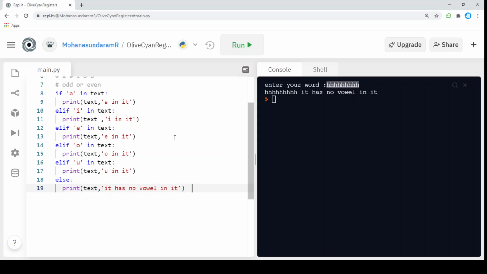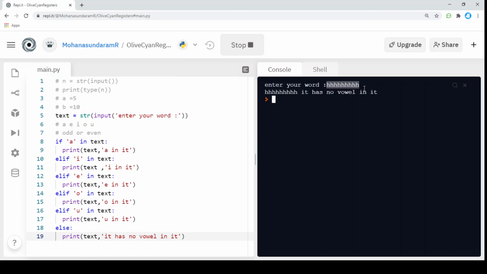There is a drawback in this code also, we will see it when we run it. I'm going to run this code and get an input from it. I'm going to pass hi as a keyword, and you can see that the first condition a doesn't satisfy. Then the condition goes to the next line and checks whether i is in the text, and that's why i is printed. This way we can check multiple conditions and whether the condition is satisfied or not.